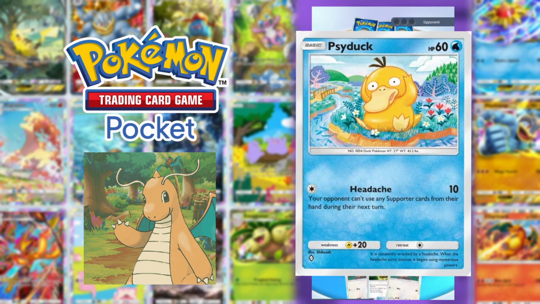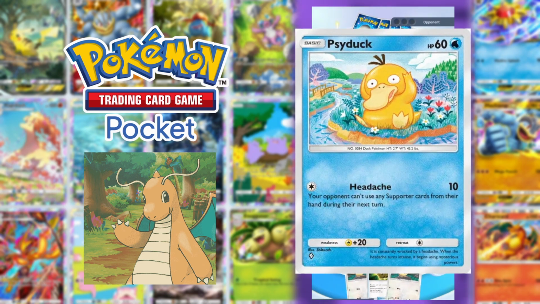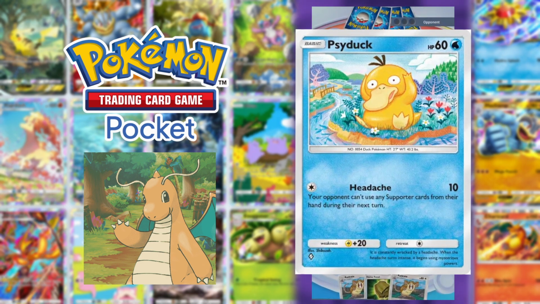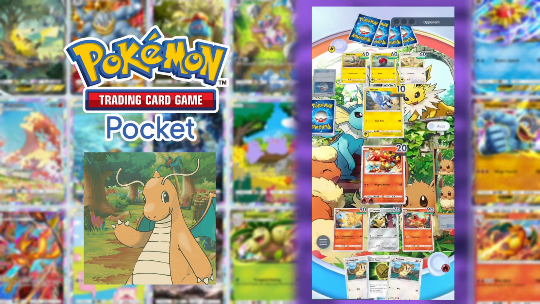Even then, with Psyduck, I think it's easy to see why I say he's a pretty great basic mon. Slide him into any deck and he's going to stall like crazy. Now let's move on. And next, we have the one and only,